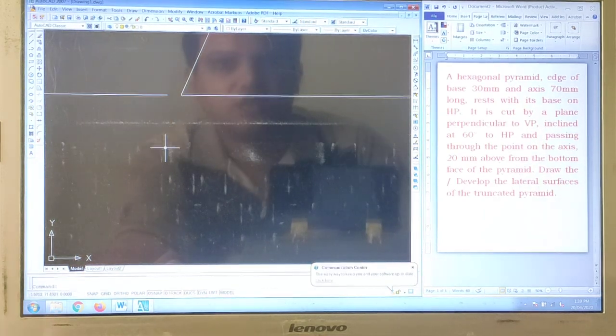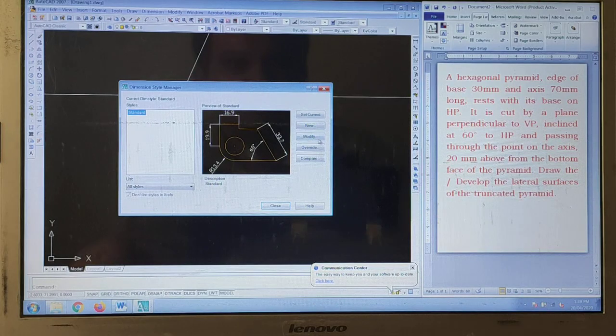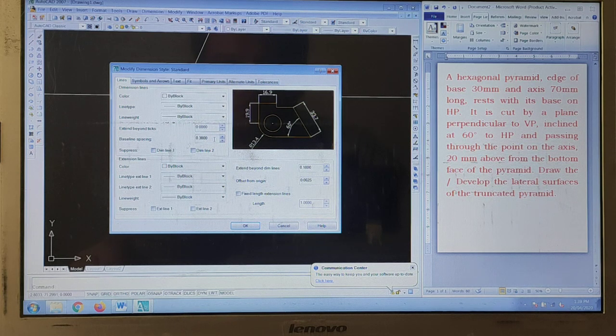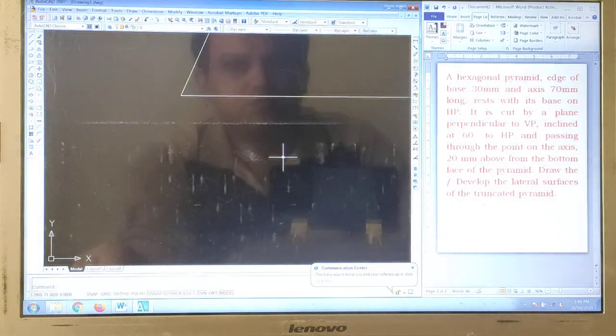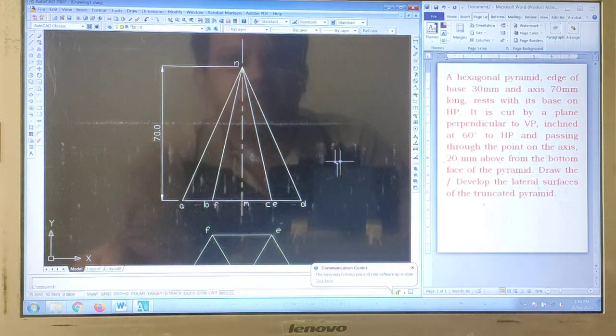Again this distance also has to be increased. So let us modify that too. Okay, that distance is increased now. Okay, this is 70 mm.